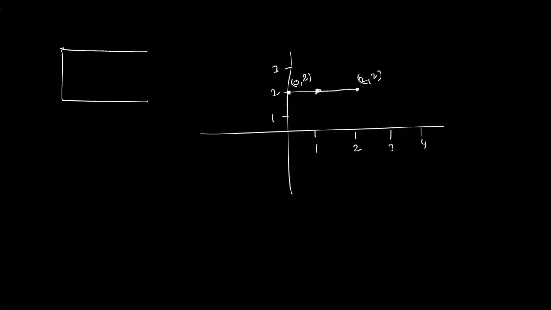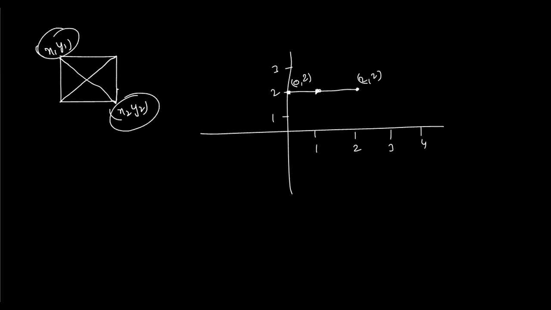So if you have any two vertices of a square, like this one is a square we are having, and we have this one coordinate as x1, y1, and this one is x2, y2. First of all, what you need to do is calculate the distance of this one. Assume these two coordinates are given to you, so whatever the answer comes will be a numerical value. And you know that the diagonal of a square is always root 2 into side. Root 2 into side is the diagonal.